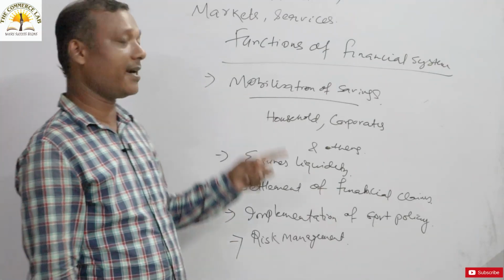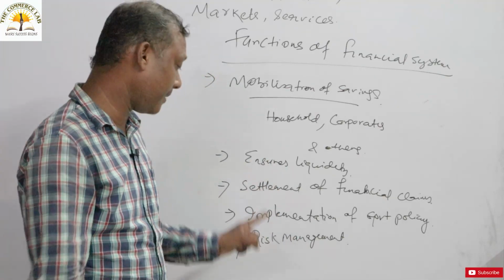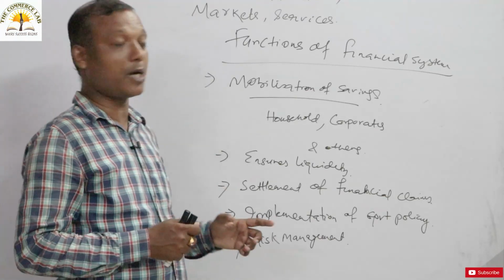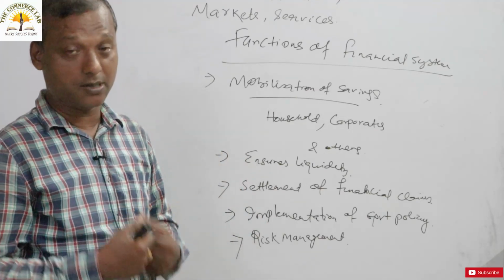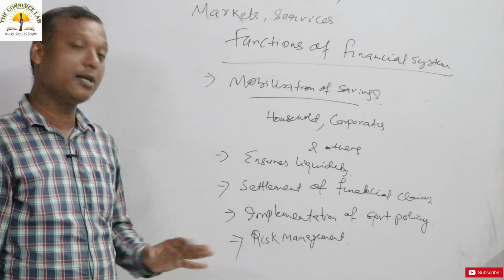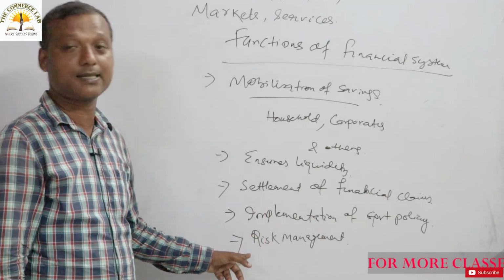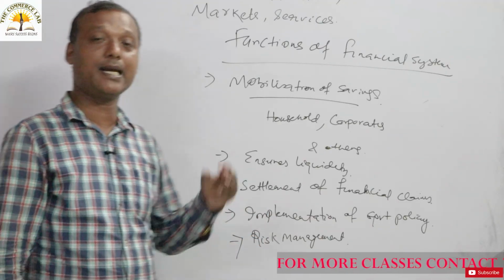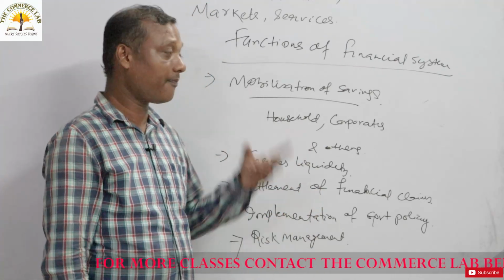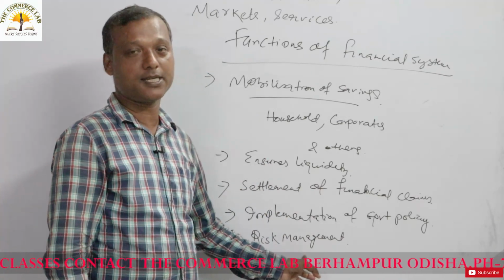So a financial market system should always be ready to meet such risks, to manage such uncertainties in the market. Then only we can say that we have a healthy financial system. You understood? The financial system should be ready. It should always be there to support, to reduce the risk, to manage the risk level. Because every financial activity comes with a risk. So the financial system should come with a risk management policy.